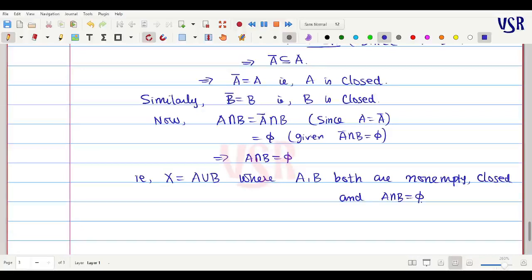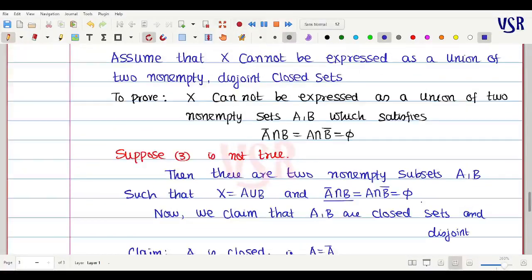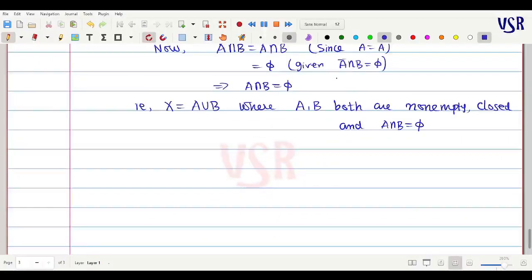Correct? This is our assumption, that X cannot be expressed as the union of two non-empty disjoint closed sets. But here we have written X equal to A union B where A and B are non-empty disjoint closed sets. That is a contradiction to 2. Okay, so hence